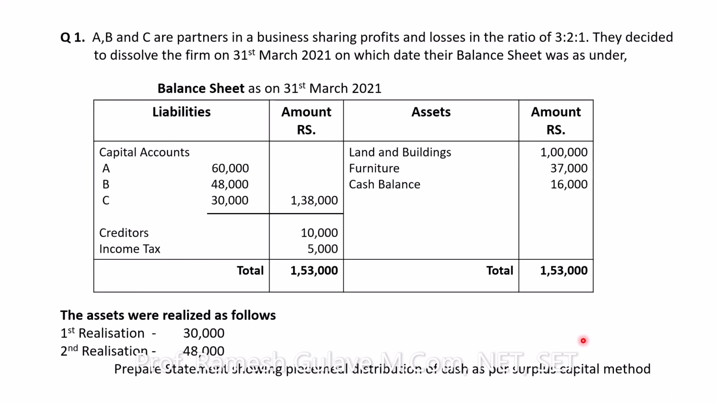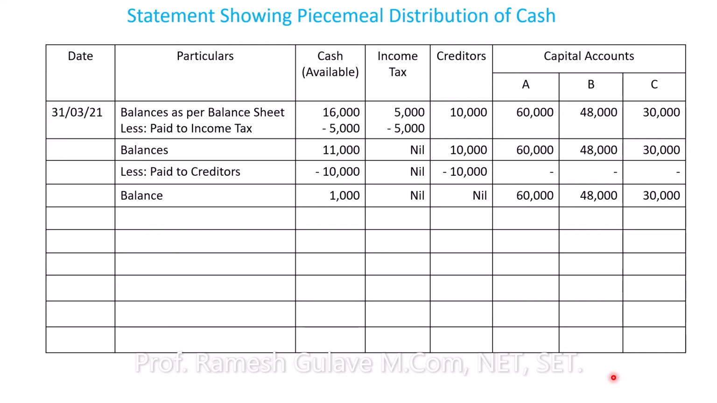right? So as per the surplus capital method, we have to find out the surplus capital and then we'll make payment to the partners, right? I hope now it is clear when the surplus capital method and maximum loss method are used, and what is the use of these methods, right? So to make payment to the partners, first we have to find out the surplus capital of the partners,